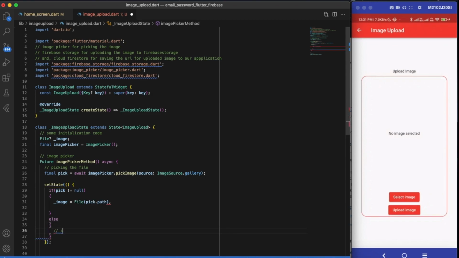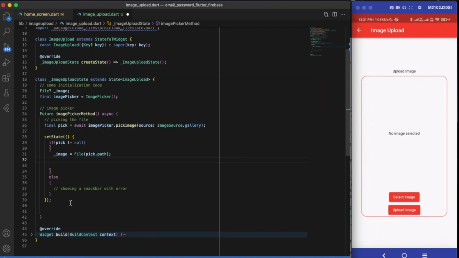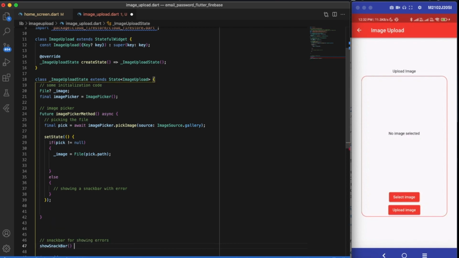Now let me create a function for displaying a snack bar, because we'll be using snack bar in this. Let me write a snack bar for showing errors, and here we'll be writing this function snack bar. This will take two values.